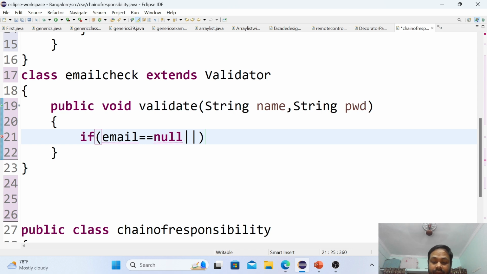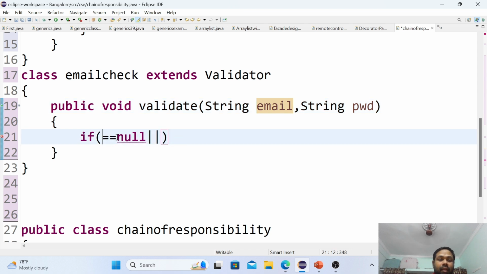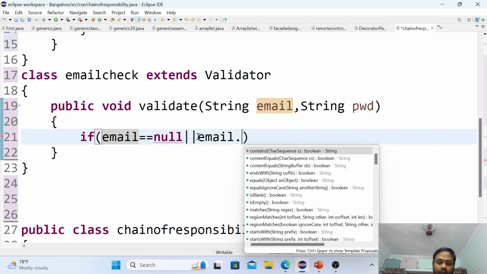Otherwise, if your email dot, okay, so what are the names I have taken here? Here name, okay, what are the string name I have taken, right? Sorry, instead of name let me take out as email. So here let me write down what are the value you are getting to the email. If it is null, otherwise the email dot